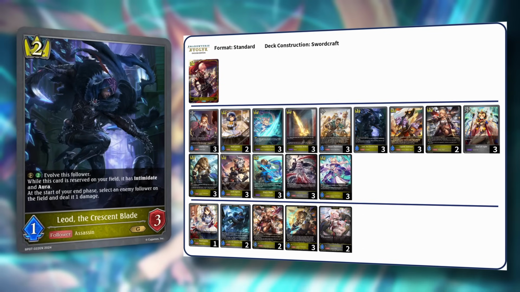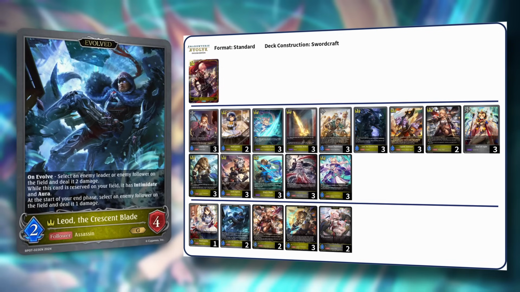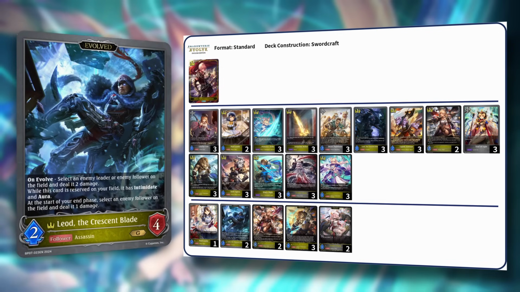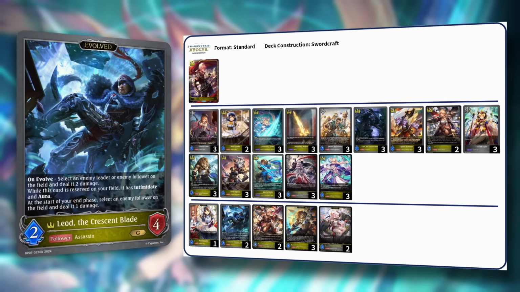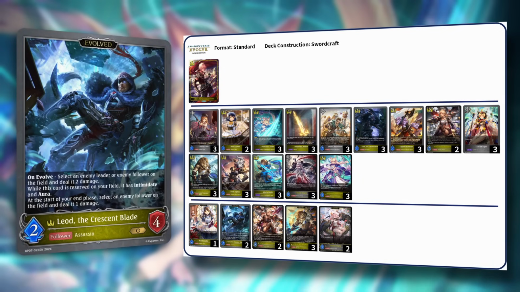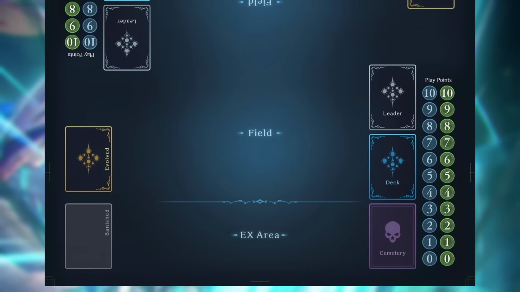And at the start of your end phase, you choose an enemy follower on the field and deal it 1 damage. If he evolves though, he becomes a 2/4 that deals 2 damage on evolve to either one of your opponent's followers or their leader, and he keeps his 1 damage ping at the end of every turn and his Intimidate and his Aura, but now on a 2/4 body. So he's very annoying to take out,